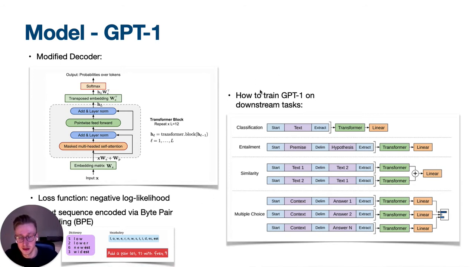And as you can see already, I don't want to go into too much detail in this one because we are mainly interested in the GPT-3 model and how it does things. But in the paper, they already showed that it already got somehow rid of this task-specific modeling in the GPT-1 paper and uses those pre-trained language models directly if you form your input sentence in a specific way for a classification task, for example, or for multiple choice parts.